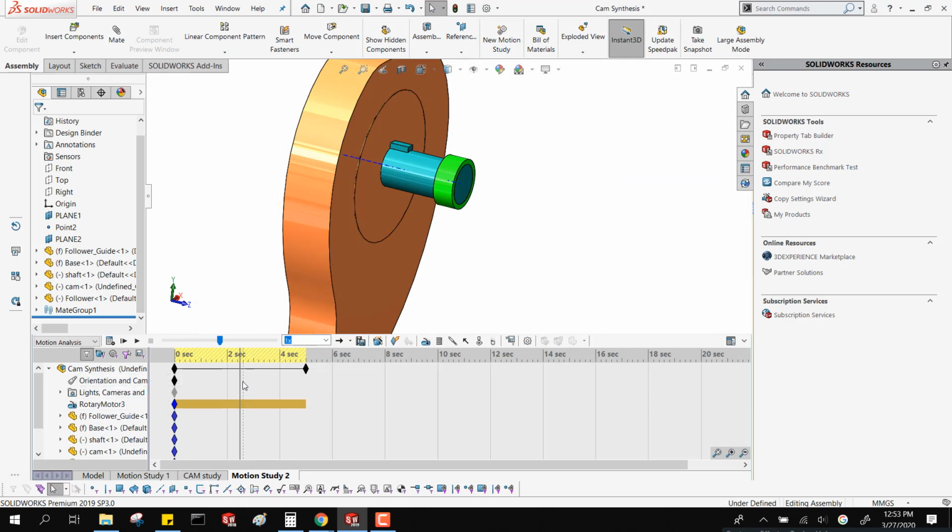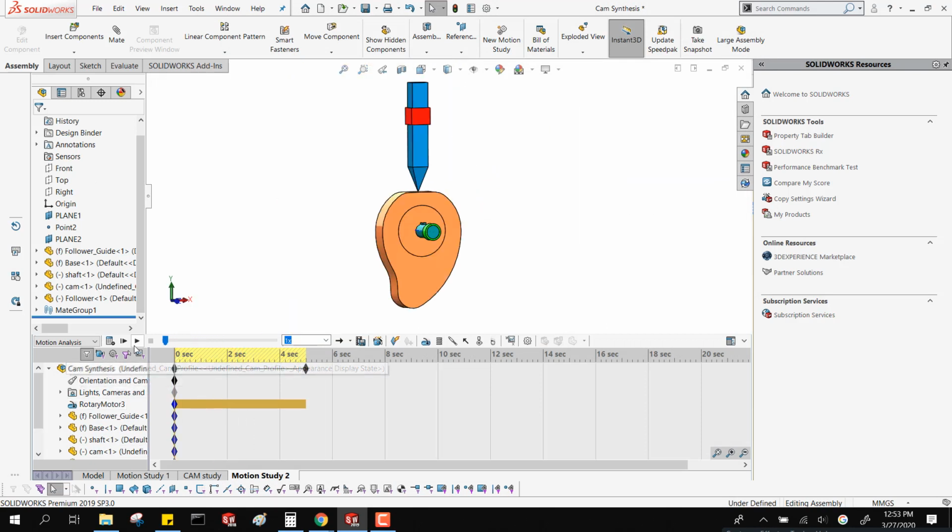Okay. Let's try this again. So that's without it calculated. There it is. It's calculated. So nothing's happening. This is just like when I was in the very beginning of my example where I was moving the piston back and forth and it was running right through it. I had to tell it, hey, I want to do a collision detection. I want you to check to see if these things are actually running into each other. You have to do the same sort of thing